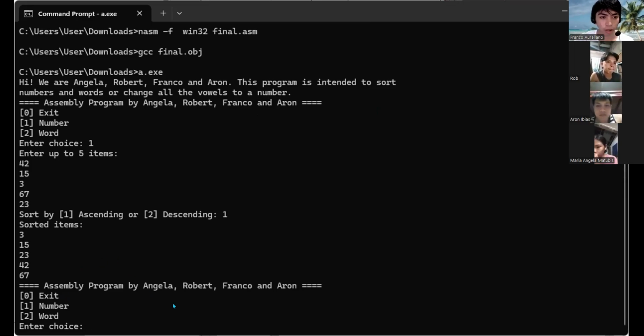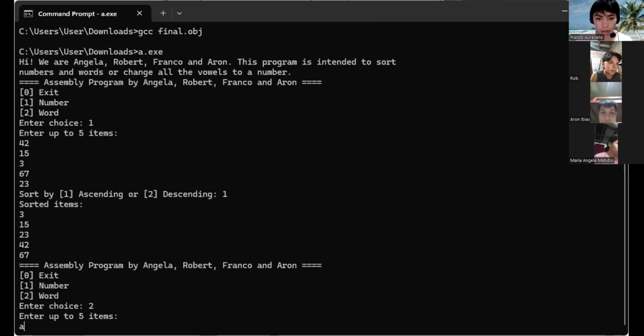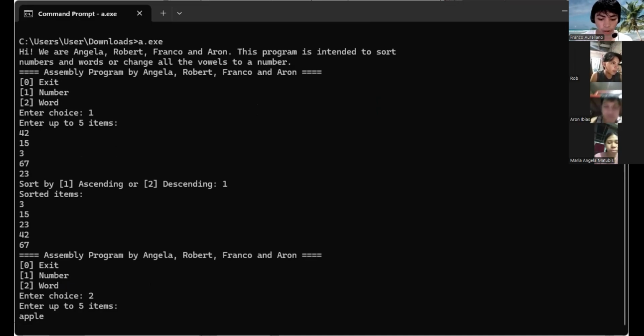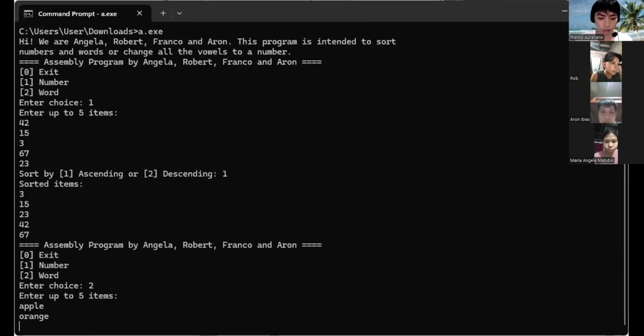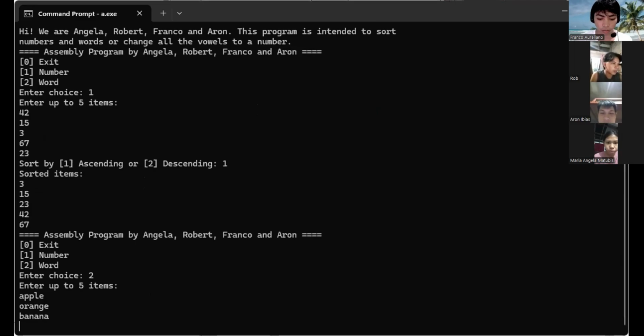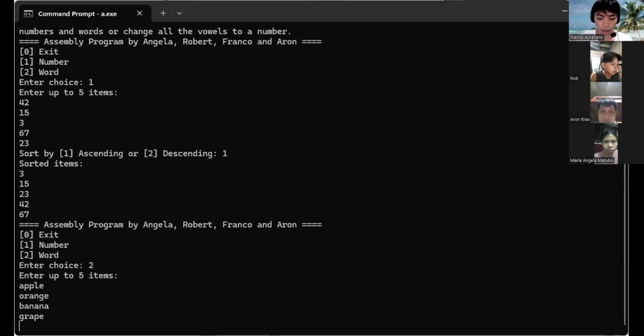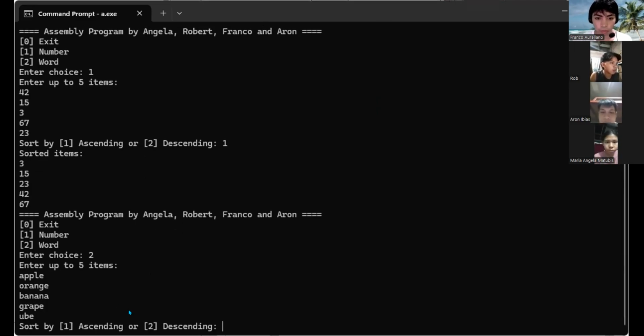And then another one, let's try choice 2 and enter up to 5 items. So let's use apple and orange, banana and grape, and then ube. After that, again, we need to choose the sorting order. This time we choose 1 for ascending.